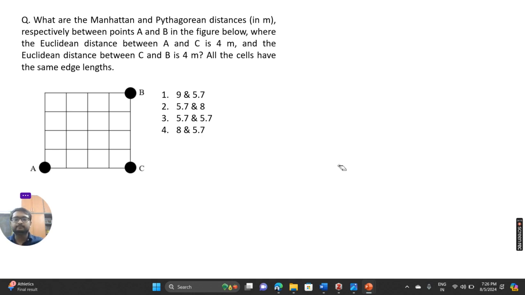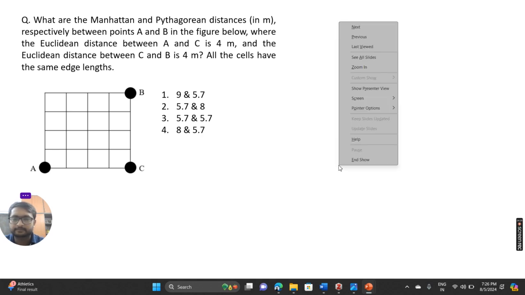Sir, 8 and 5.7. Yes. Can you elaborate how 8 and 5.7? Sir, because each unit is 1 meter, we can just reach from A to C and from there C to B. That will give us